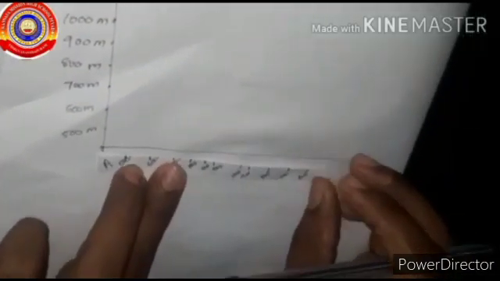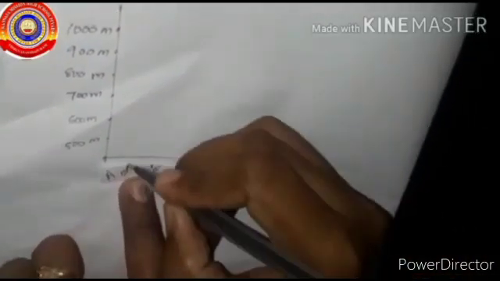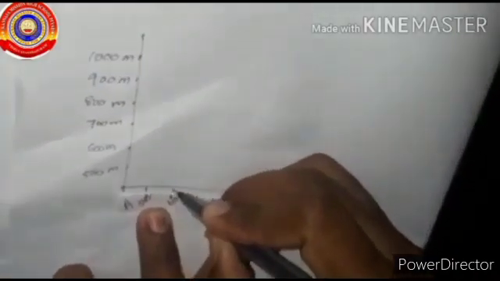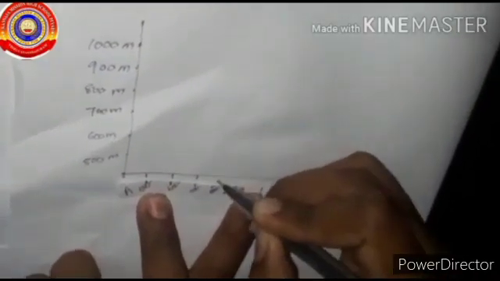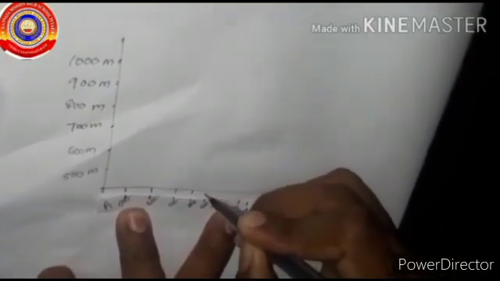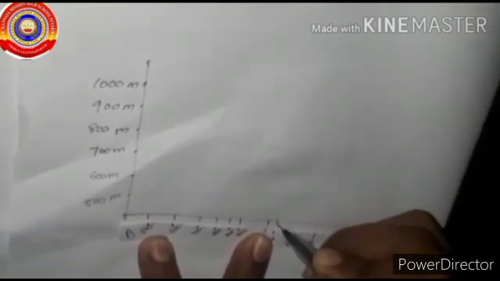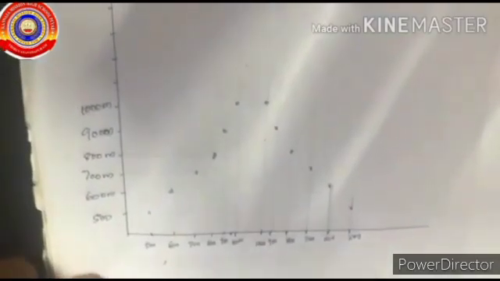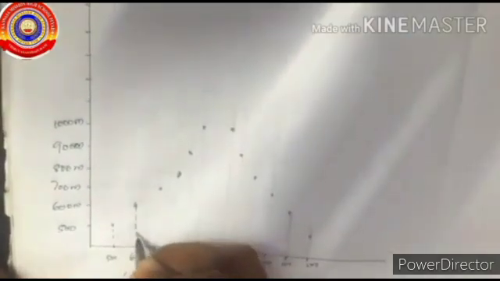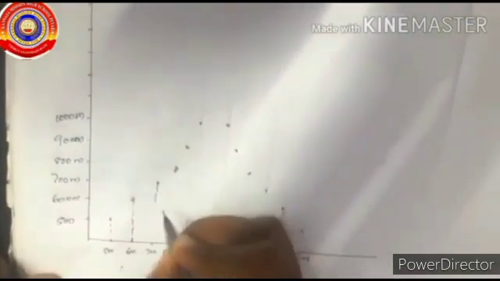Transfer these contour values onto the x-axis of a graph paper. Choose a convenient scale and mark the contour values on the y-axis. Draw vertical lines from the points of contour values on the x-axis. Intersect these vertical lines against the corresponding values on the y-axis and mark the intersecting points.